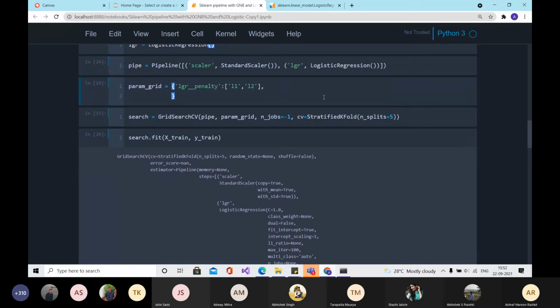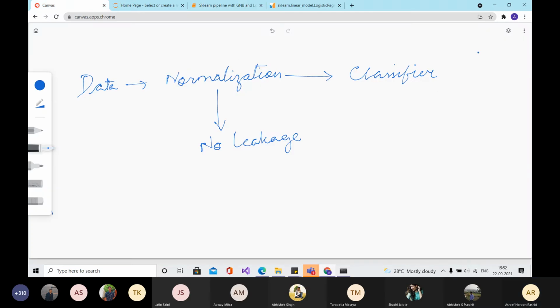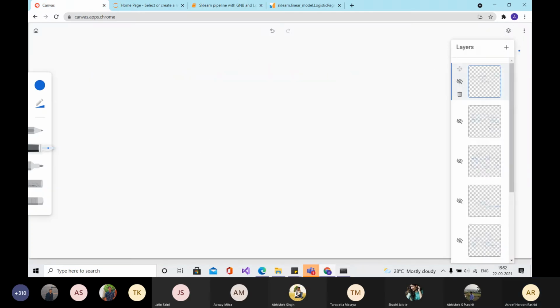The next thing that I would want to specify, as you can see over here, is a dictionary called param grid. And what that does is, now we have a number of parameters, or you can also call them hyperparameters, that affect the performance of the model.